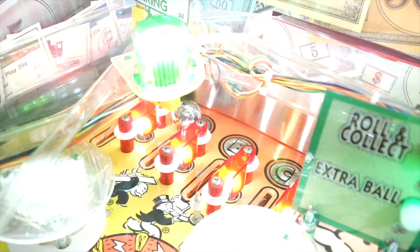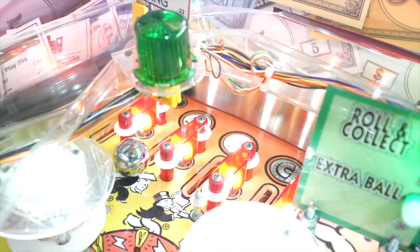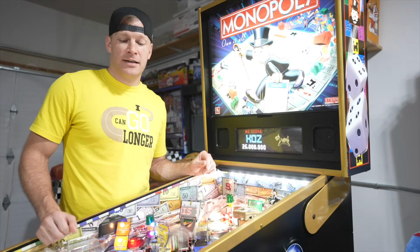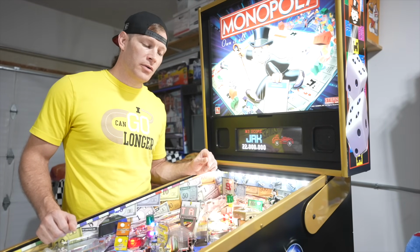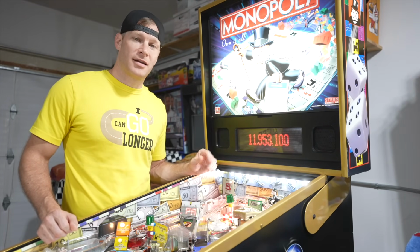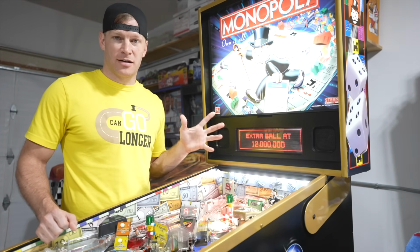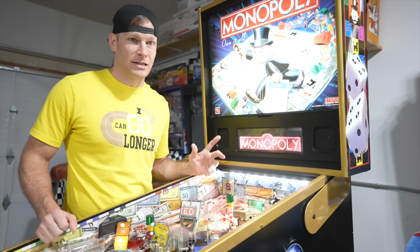I did have to sort out some board issues. Like I said, the seller said it had a coil trough issue, and I got to looking at it, and he tried to make some repairs and replaced the coil with the wrong coil that didn't align with the manufacturer. So that was issue number one. Issue number two, there were a couple blown fuses, which was actually the main issue that was giving him the